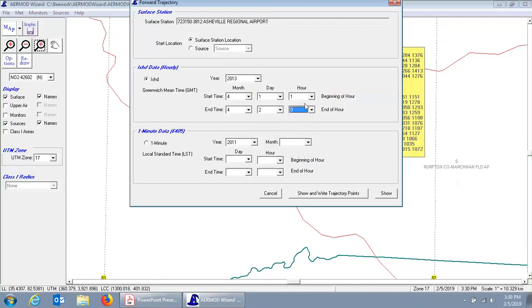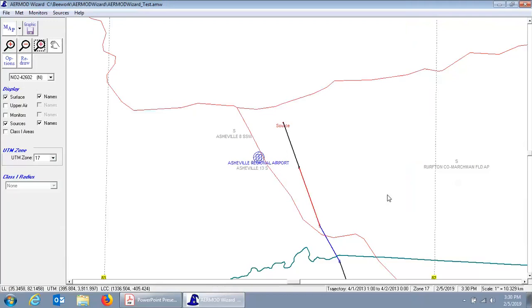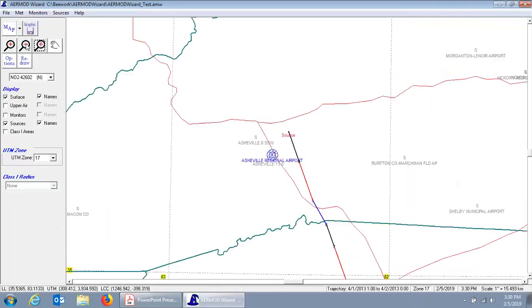This will give the trajectory for that one day, April 1st, 2013. I'm also going to start the source. When I say display trajectory, and zoom out a little bit,